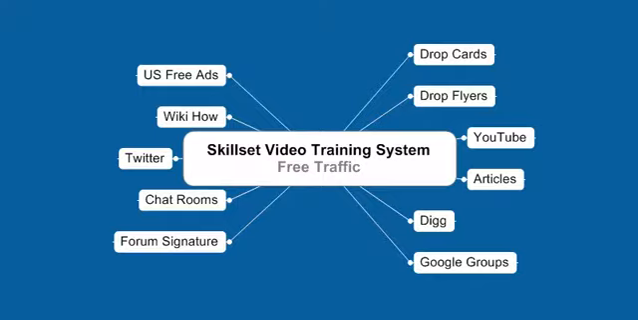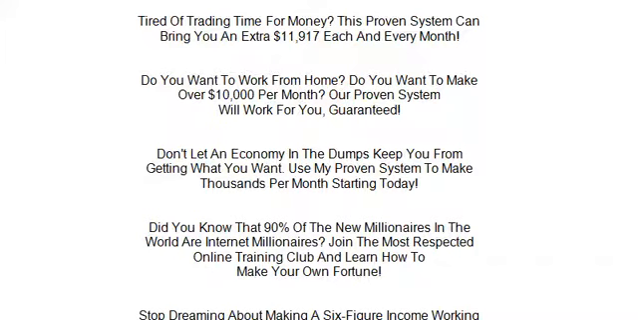So to give you some ideas of headlines, if you're going to promote a make money product, you could have headlines like, tired of trading time for money? This proven system can bring you an extra $11,000 each and every month. You can have headlines like, do you want to work from home? Do you want to make over $10,000 per month? Our proven system will work for you, guaranteed. I mean, these are just incredible headlines that you can use immediately by just simply putting them on a piece of